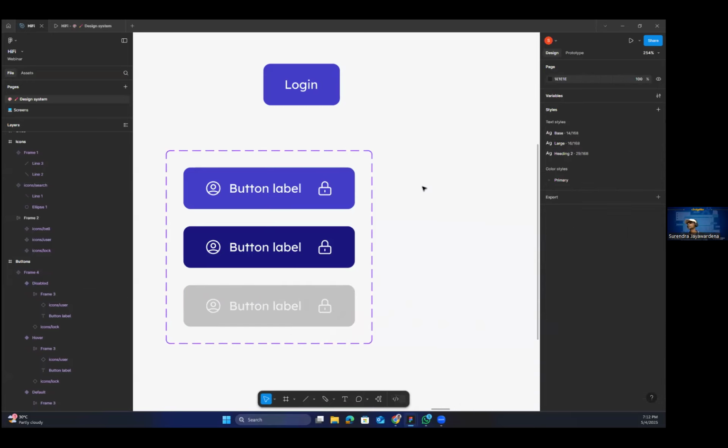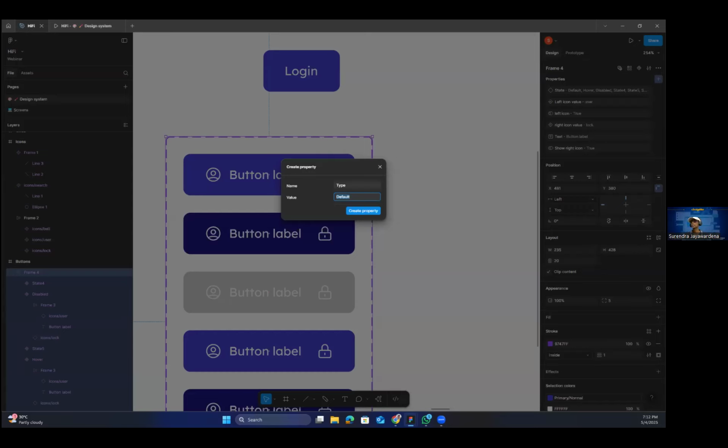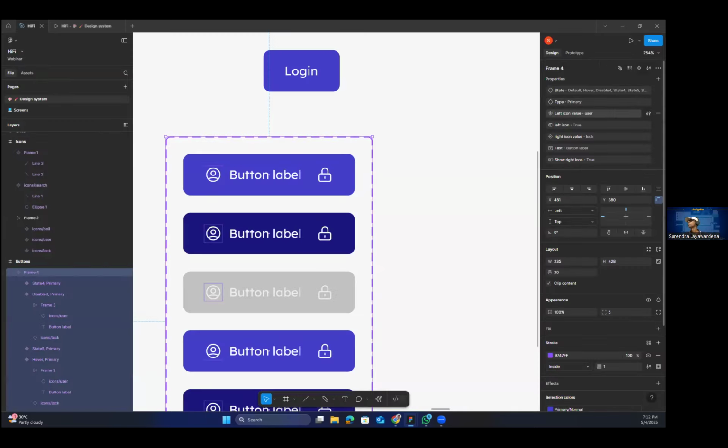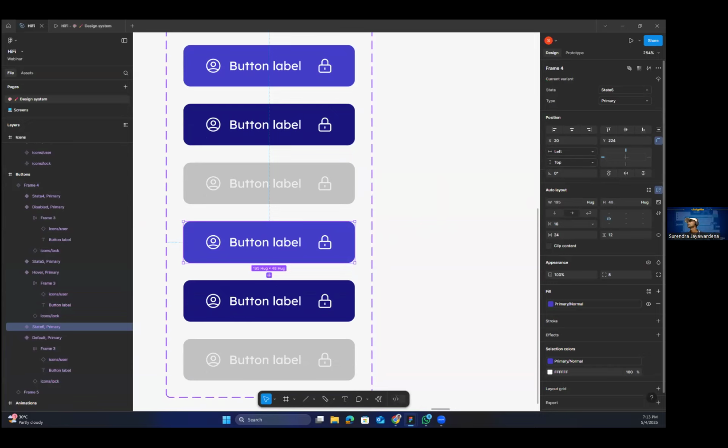I'm going to create a secondary button type, and so I will add a type, here, like variant. Let's say type primary. In this case, I'm going to make it secondary,